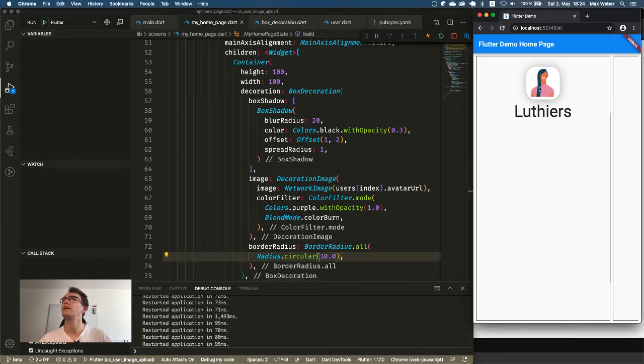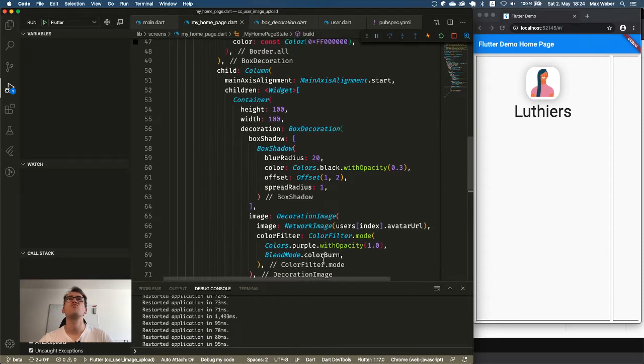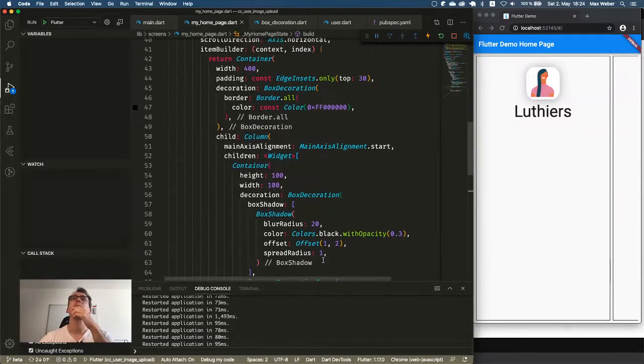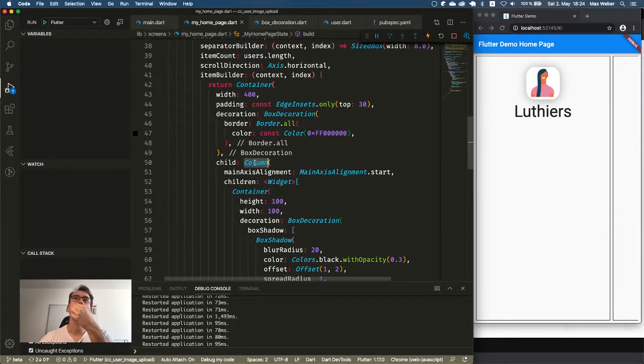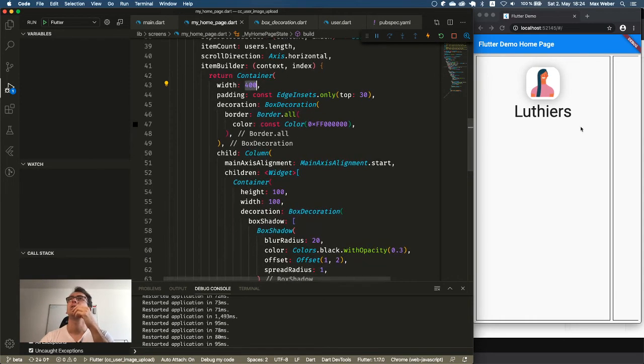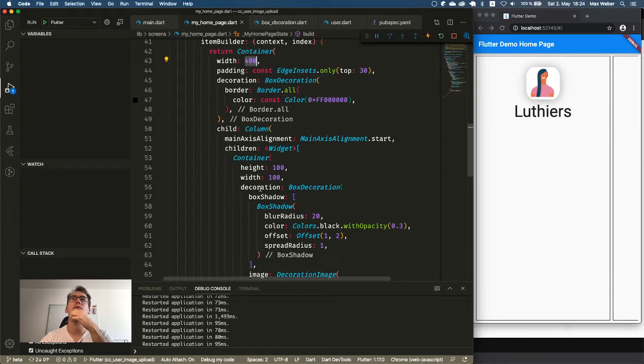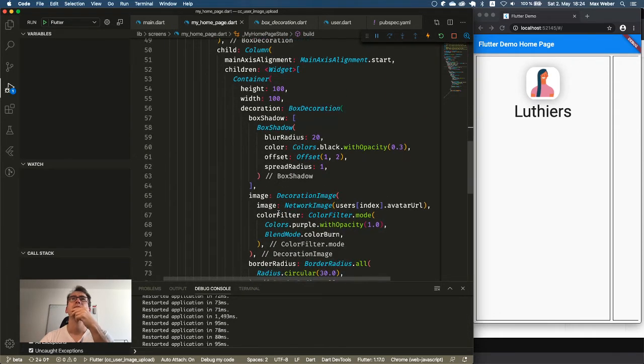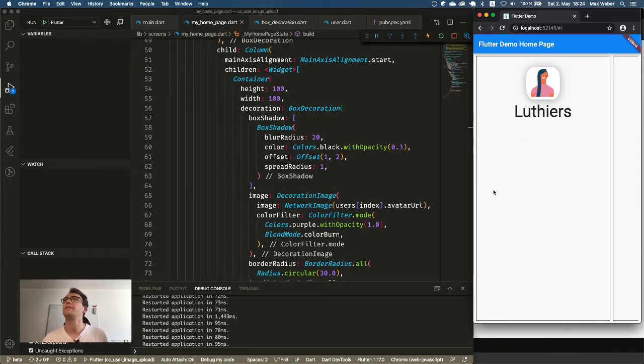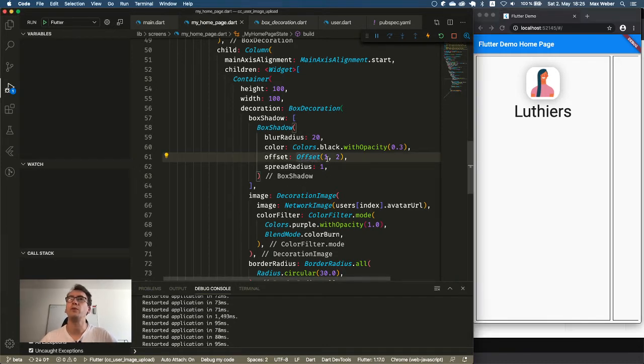So to be frank, I never had this issue before. I don't know if this is a web related thing, but what could I make better here? I have a column, and the column is in a container which has a width of 400. That is the whole thing, but that is not related to this widget here. Okay, what I will do now is something that I would never do at work.